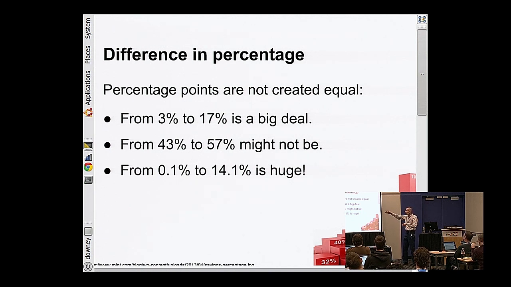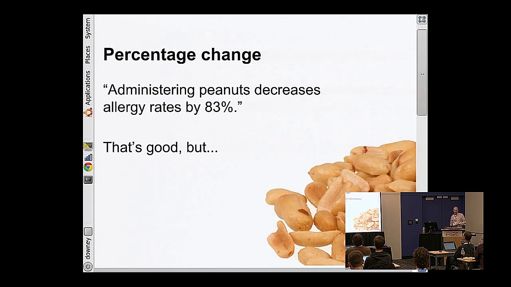So in this example, from 3 to 17%, that's a big deal. But if we're in the middle of a probability range, like 43 to 57, that would be less substantial, especially in a medical intervention that moves you from 43 to 57. That might be a good thing. It's just not that huge a thing. On the other hand, the flip side of that is if you take something that is a very small risk, like less than 1%, and you turn it into a 14% risk, that would be a monumentally large effect. So percentage points are comprehensible, but not comparable across different points in the scale.